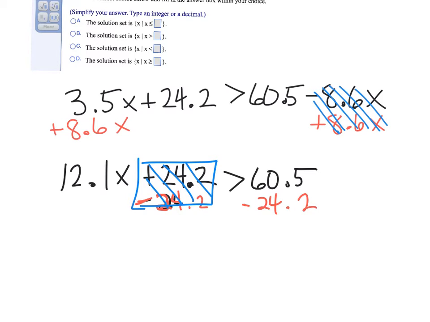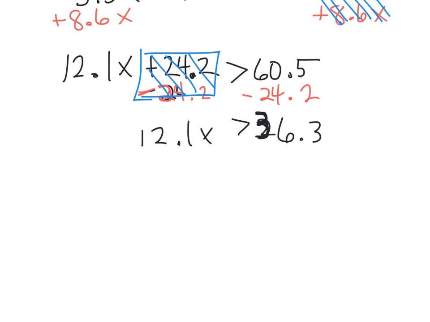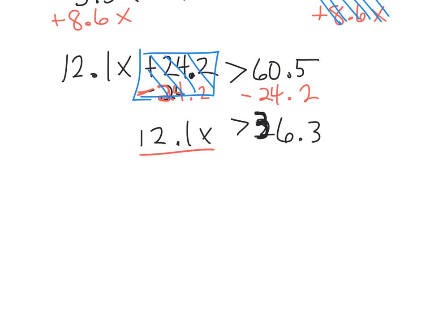So we end up with, on the left, 12.1x is greater than or equal to 36.3. And then I'm going to divide both sides by 12.1,